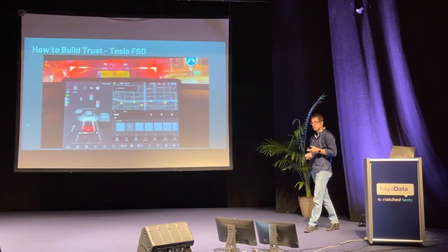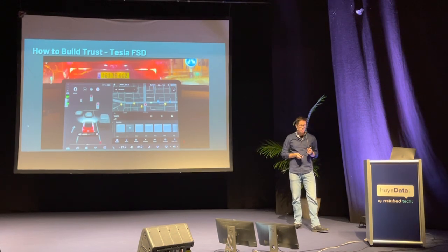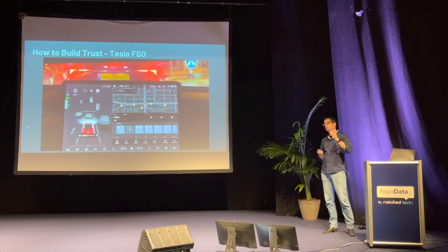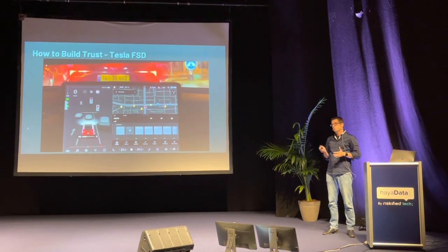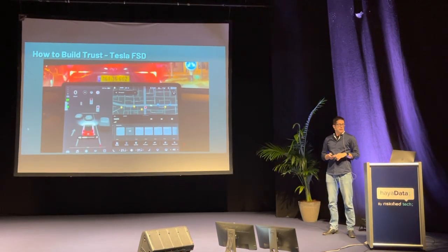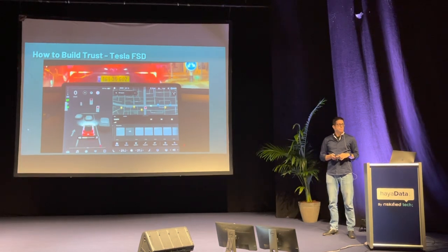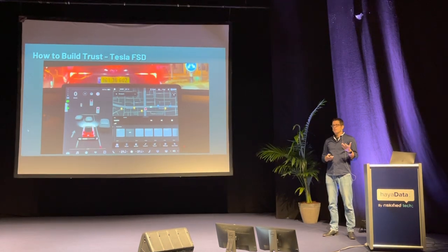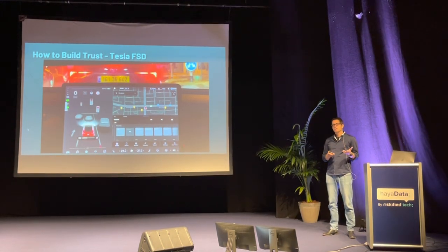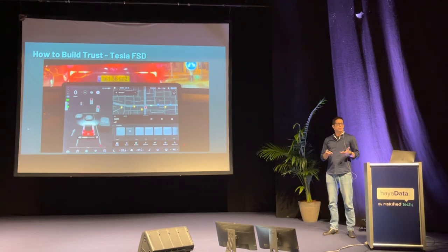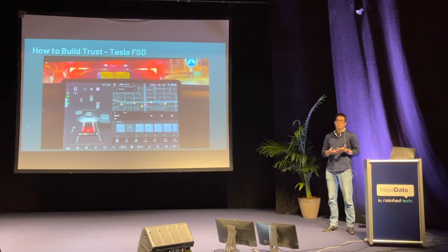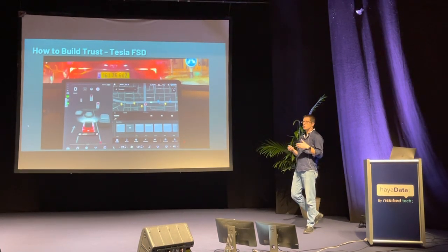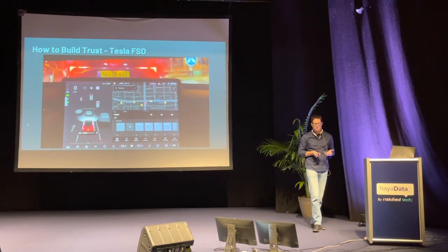Let's take a look at how Tesla does it. Tesla is building FSD, which is full self-driving. They expect this to be fully autonomous in a few years. Predictions about this vary. And over time, they're introducing more and more features into the cars. Obviously, if you're driving a car and it has all kinds of self-driving features, you really need to trust it because it's really dangerous if it's wrong. And second, even if it's working well but you don't trust it, you won't really use the system.